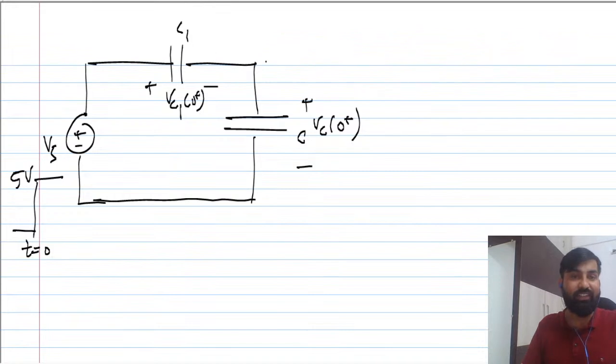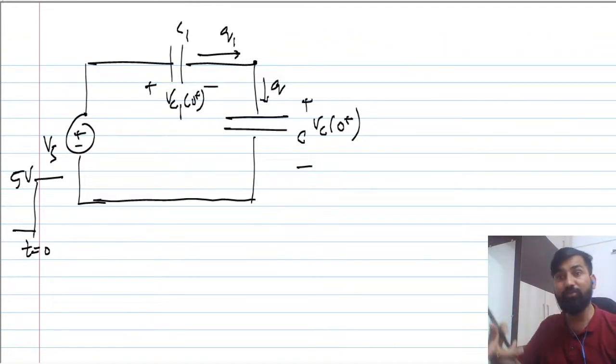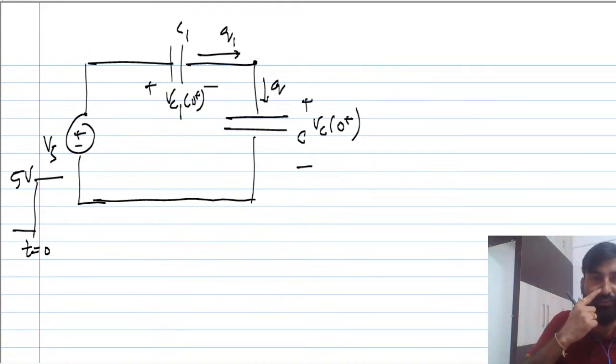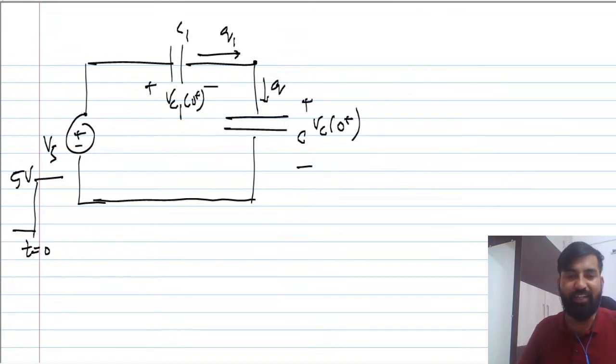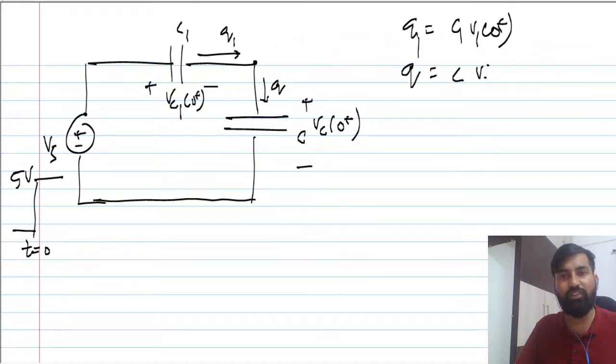So guys, you have to understand that at this node from this capacitor charge suppose Q1 is flowing, यहां से कितना चार्ज फ्लो हो रहा है, Q फ्लो हो रहा है, ठीक है। आपको याद रखना है कि ये दोनों चार्ज दोनों कैपेसिटर से सेम होंगे, क्योंकि दोनों कैपेसिटर सीरीज में हैं, तो आपको पता होना चाहिए टोटल चार्ज क्या होगा, Q1 equal to Q, right. और वोल्टेज चार्ज across the first capacitor कितना है, आपको पता है Q equal to CV होता है, Q equal to CV, right. ठीक है, ये आपको याद होना चाहिए। तो Q equal to CV का मतलब क्या हो जाएगा, इसके across कितना चार्ज होगा, you can say Q1 is gonna be C1 times V1 0 plus, and Q is equal to C times VC 0 plus, ये VC1 है।